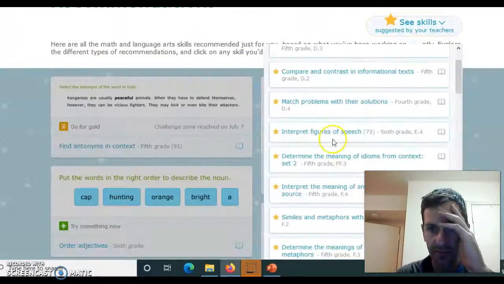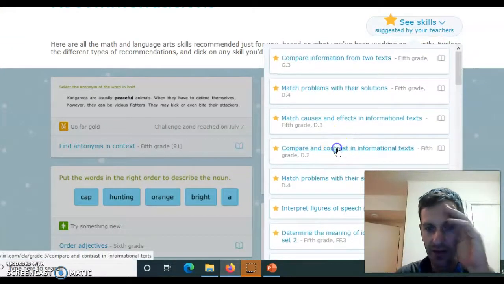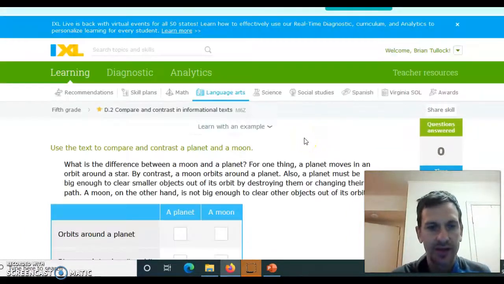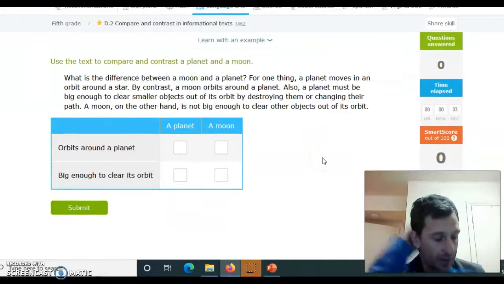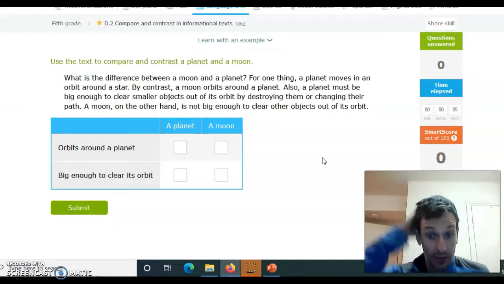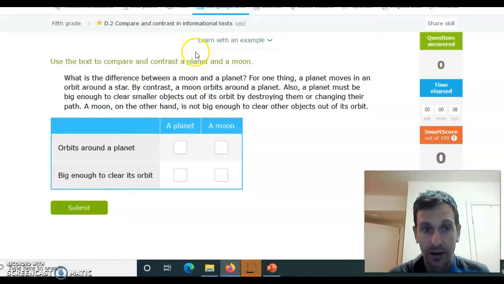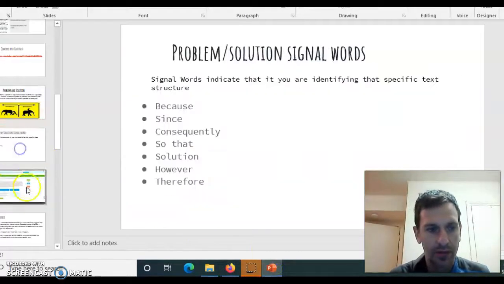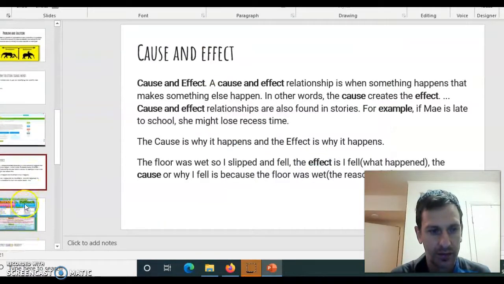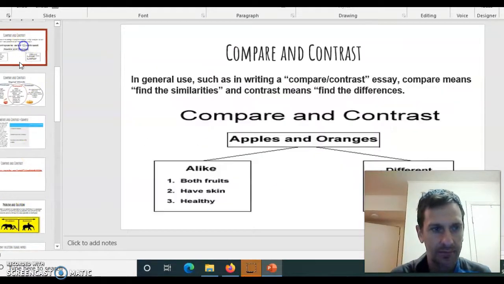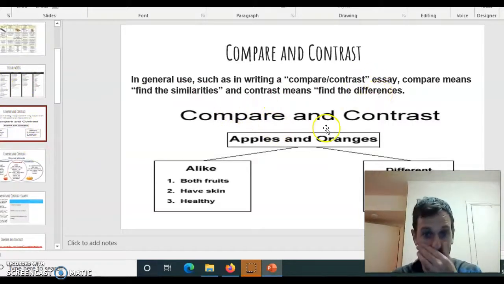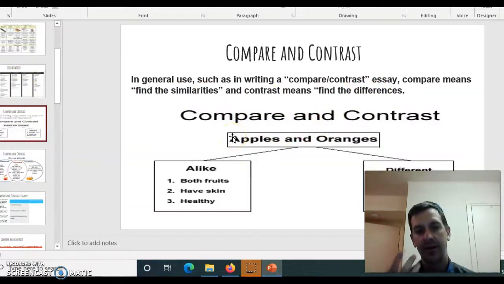And let's look at compare and contrast. So if you get stuck, this is where we need to take a little bit of self-ownership on our learning. Instead of just clicking, oh, I don't know, go back, review your PowerPoint. Let's try to find compare and contrast, alright? What is a compare and contrast? It's finding similarities and differences. You're comparing 2 things that are alike, you're contrasting 2 things that are different.